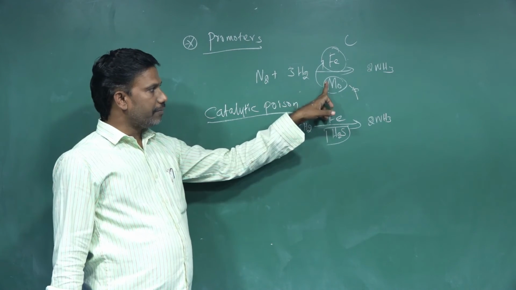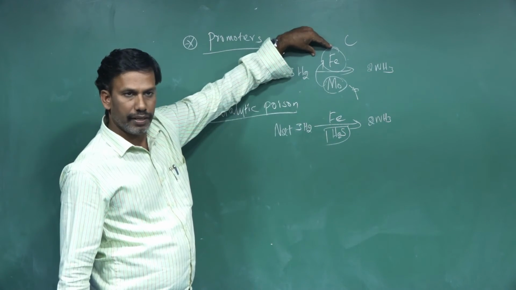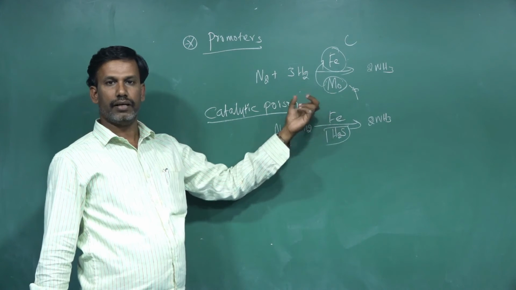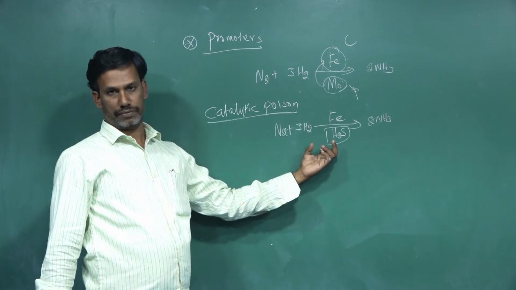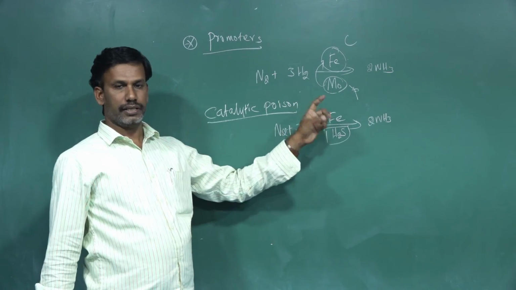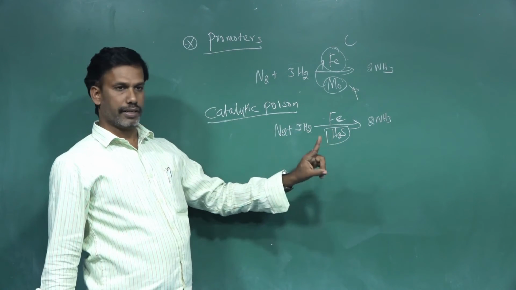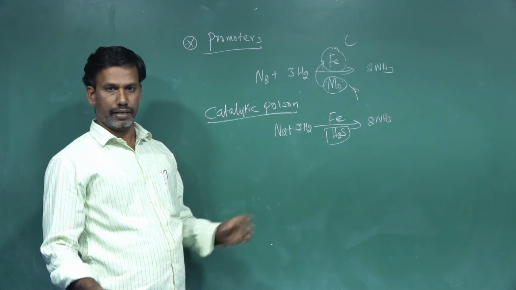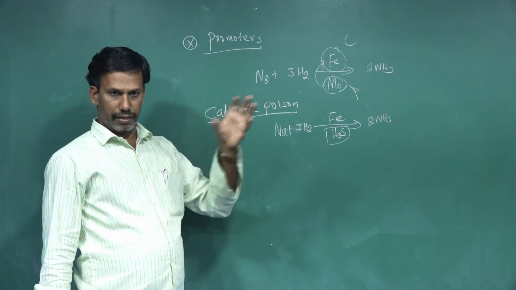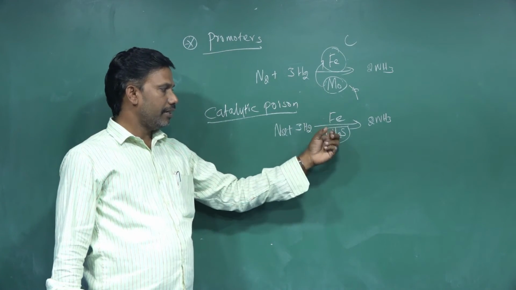If you add molybdenum, the activity of iron will be enriched. If you add H2S, the activity of iron will be retarded or reduced. So the activity of the catalyst is poisoned by H2S. Automatically you will not get more yield, because the activity of iron is poisoned by